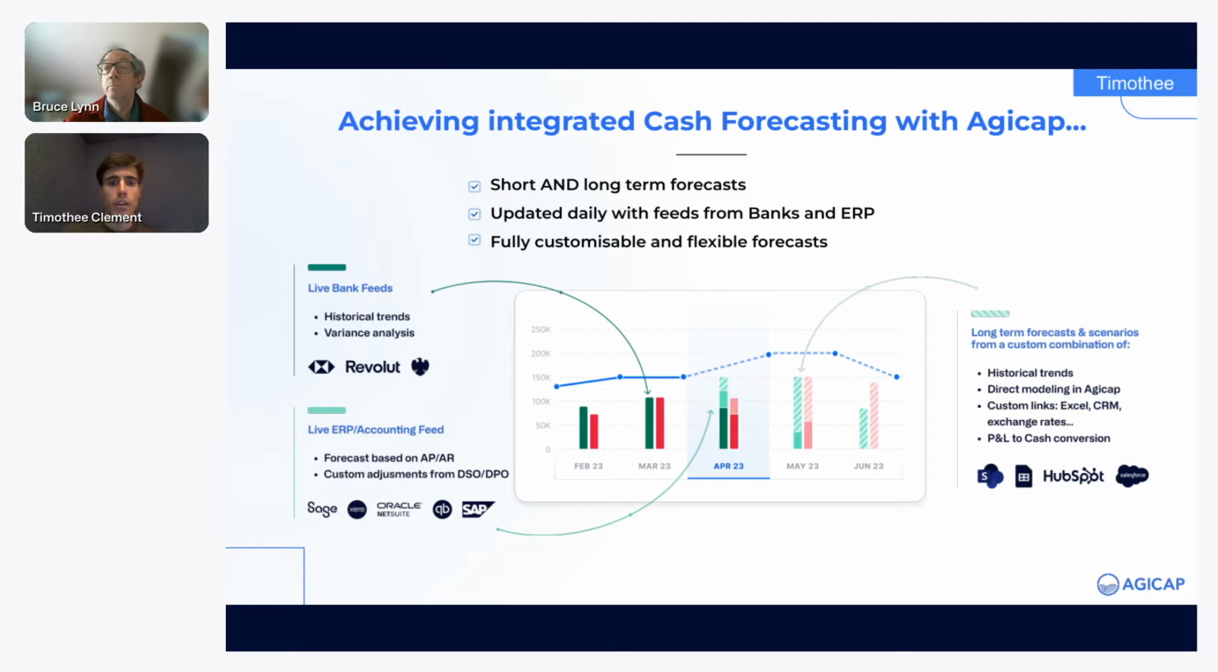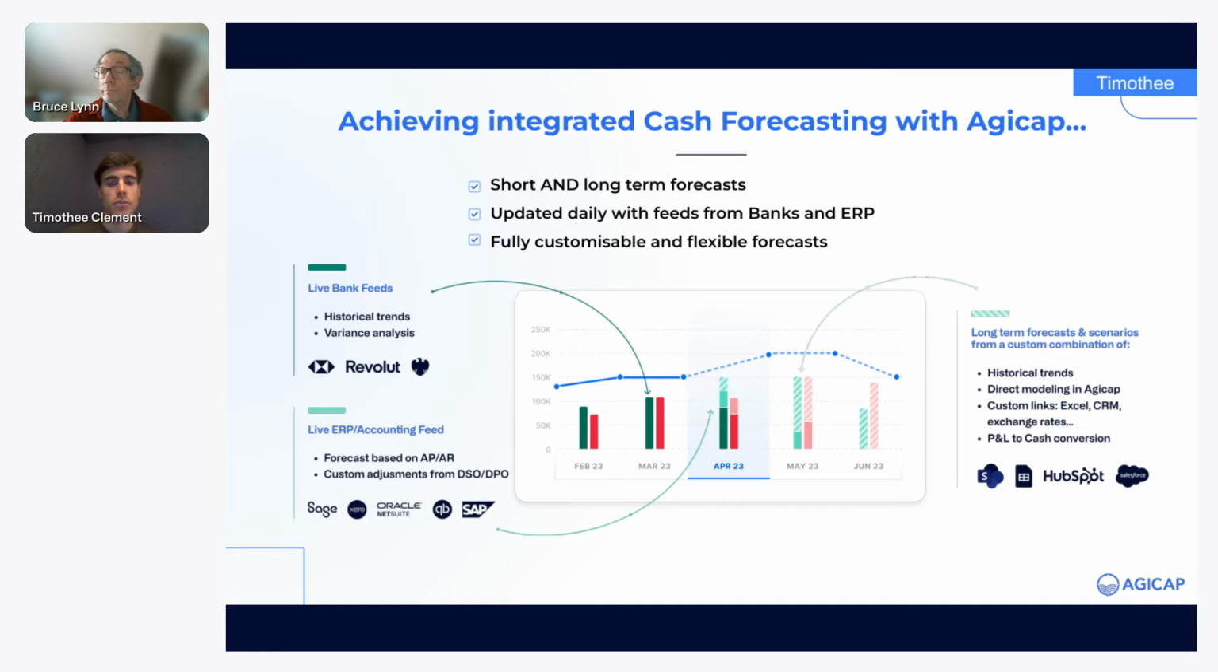So the idea with a special purpose system is to achieve integrated cash forecasting. So to meet in the middle, like Bruce mentioned, between short and long-term forecasts, so to combine bottom-up and top-down approaches, and using third-party connectivity to automate the cash flow model, make it more robust. For this, so to achieve those fully customizable and flexible cash flow plans, we will use three main sources of